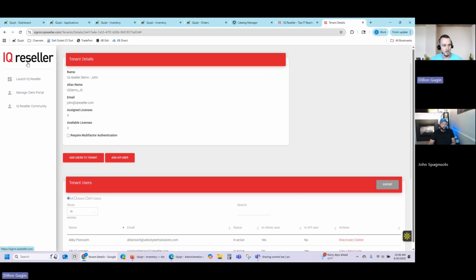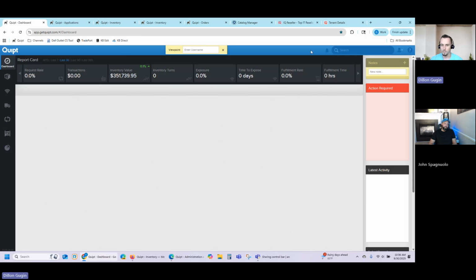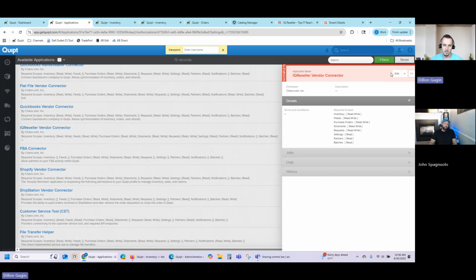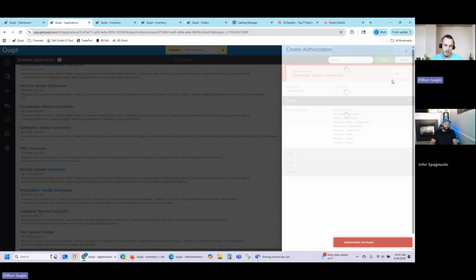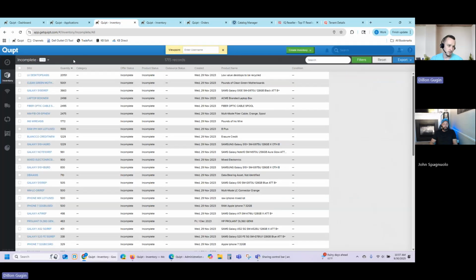To start in IQ, we'll grab an API user token, grab this key, and we'll be putting this over into Quipt. So move you over here. In Quipt, you're looking at applications. Once you're in applications, find the IQ Reseller vendor connector where you'll hit edit and enter your key in here. Once that's done, your inventory will start to populate. It takes about an hour or so to populate all your inventory into Quipt,